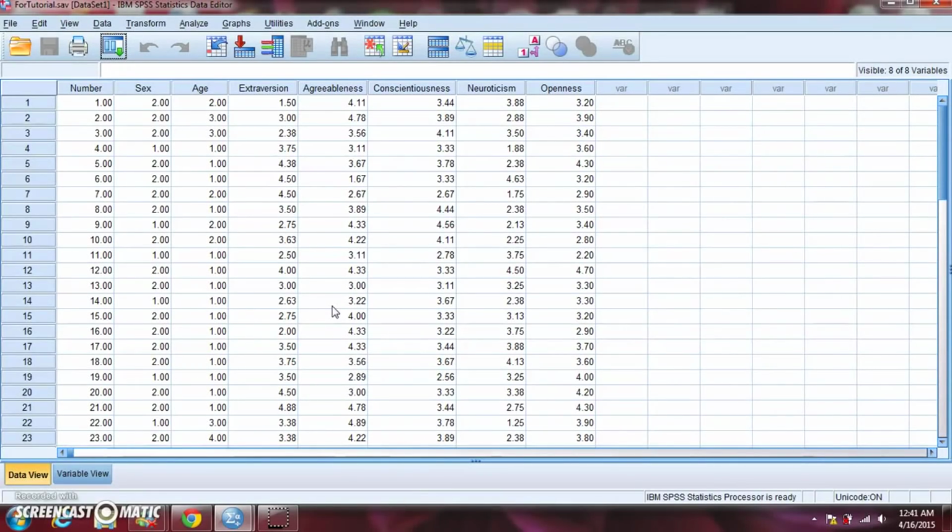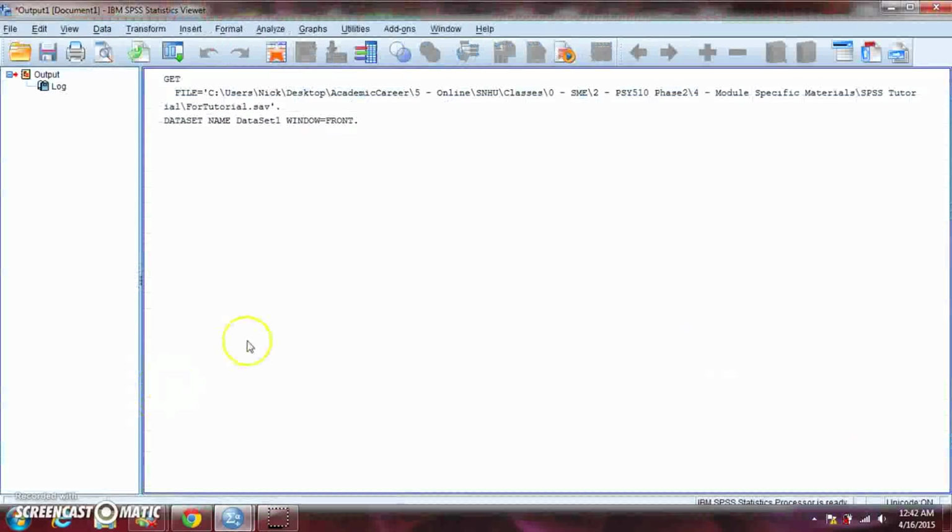Before we get into the actual running of the descriptive statistics, let's take a quick refresher on the SPSS environment. So in SPSS, when you open up a data file, keep in mind that you're always going to have two files open. The data set that you're looking at here, and then also that output file. SPSS always opens up an output file. We did not really use this in tutorial number 1 because we did not ask SPSS to actually calculate anything, but here we will, and all of that output is going to be printed here.